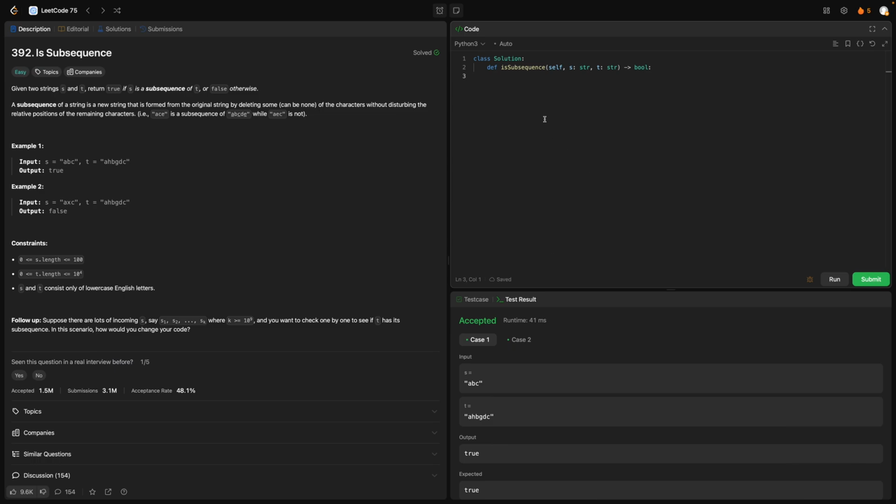Let's do this. If not S, return true, because in this case, an empty string can be a subsequence of any string. So we have a